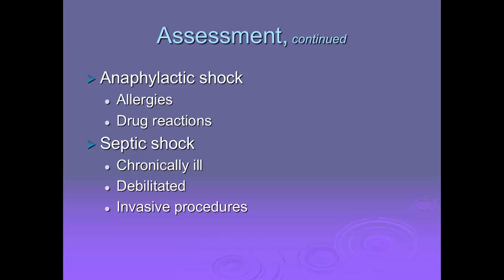For anaphylactic shock, this is usually related to allergies. That could be to food, could be from drug reactions. They can also have serious reactions that develop an anaphylactic shock with blood or blood product infusions. So nurses can prevent by collecting information about the patient's allergies, any kind of drug interactions they've had in the past, and documenting these in their chart and placing a special armband on the patient, letting everyone know that they do have allergies.